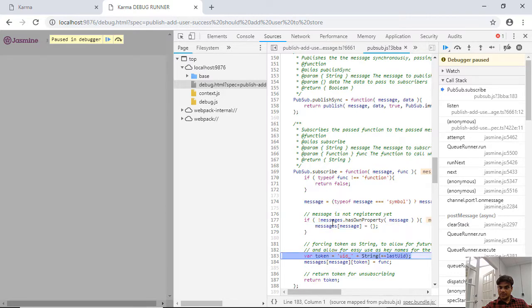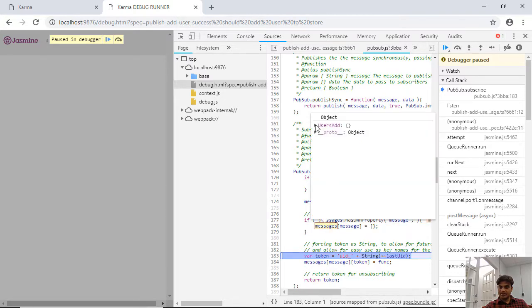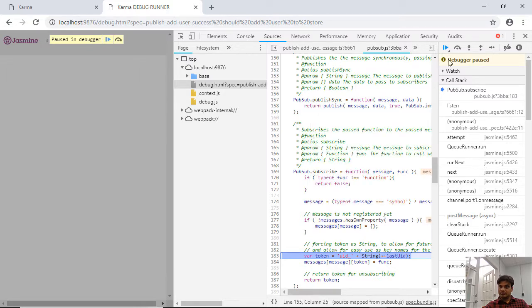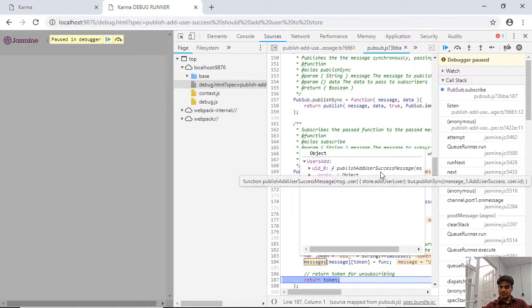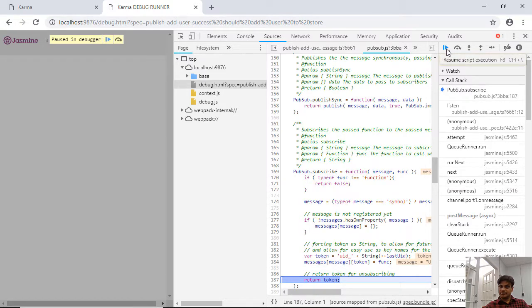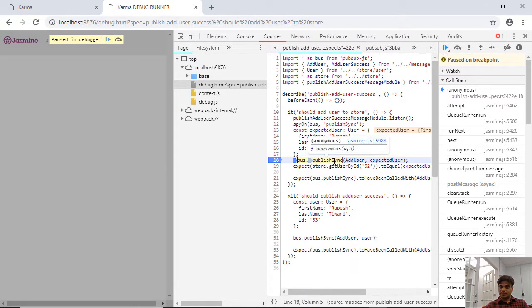See, it added in the messages bag, it added users add, and it added the function also. In users add, it added the subscription. You see, it publishes add user success message. It added our stuff. And then when we are publishing synchronously,